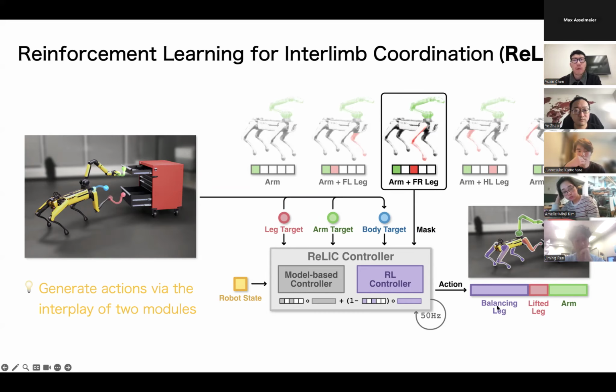So it's no longer for the locomotion, it's more for the manipulations. In this case, we just output the 7 plus 3, which is 10 dimension from the model-based controllers, and the remaining 9 dimension from the IL policy. Here you can see we have a mask. This mask shows one is the arm, one is the leg, right? The model-based controller just outputs all the dimension, but we only take the masked version. So we only take the arm and the front right leg. Those commands are fed to the robots, and the remaining comes from the RL controllers.